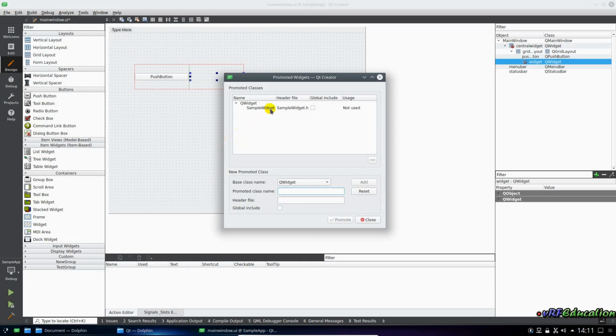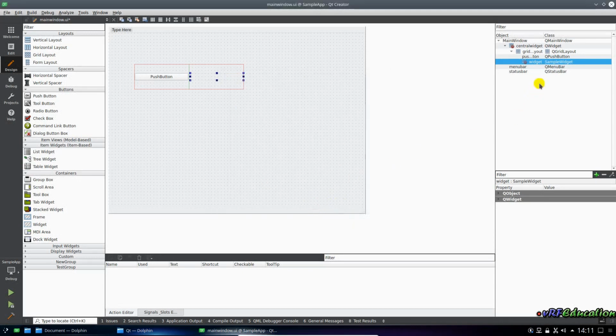Here I will add the sample widget from before, but you need to enter the class name SampleWidget and also the file name. Do not forget to take care about case sensitivity in the header file. I change it and I will add SampleWidget in Pascal case in the header file. Then I select it and click promote, and my widget is promoted to SampleWidget, as you can see here. But the look and feel in design time is not changed. If I run the application,